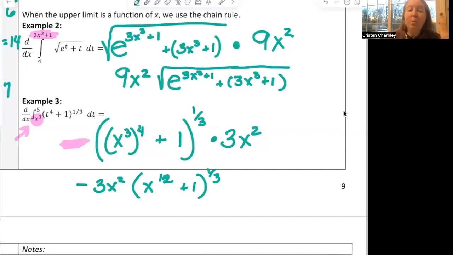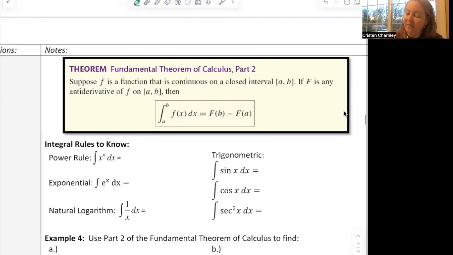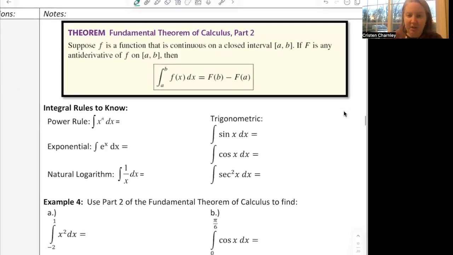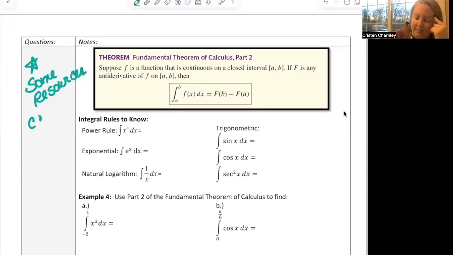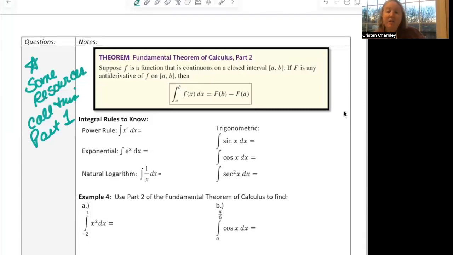All right, so why does that work? Let's look on the next page. The fundamental theorem of calculus part 2, and I think that this will sit with you a little bit better. So again, some resources call this part 1. One of these days, I'm going to have to do a little bit of research and figure out which one wins or if it doesn't matter. This is the one that we're actually going to use more often, and I think this will make more